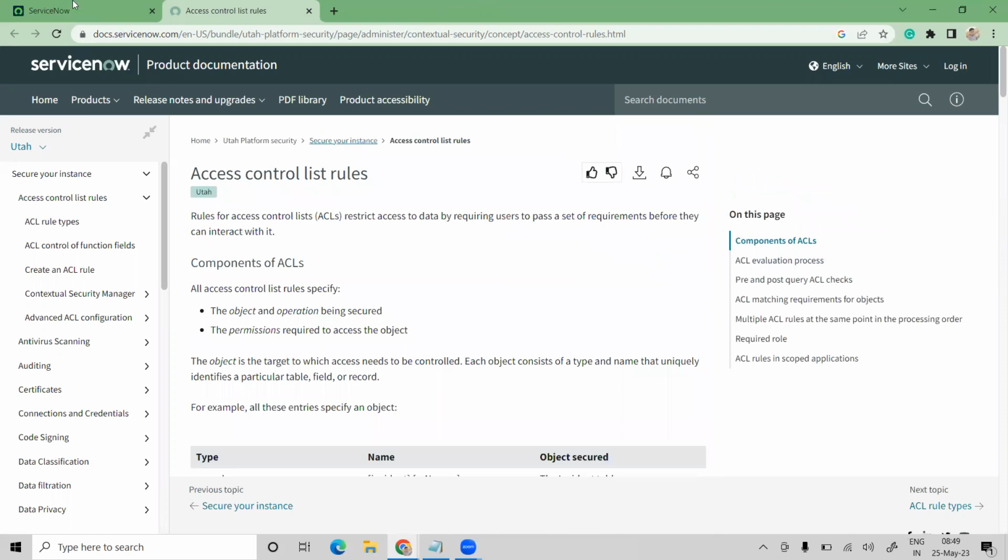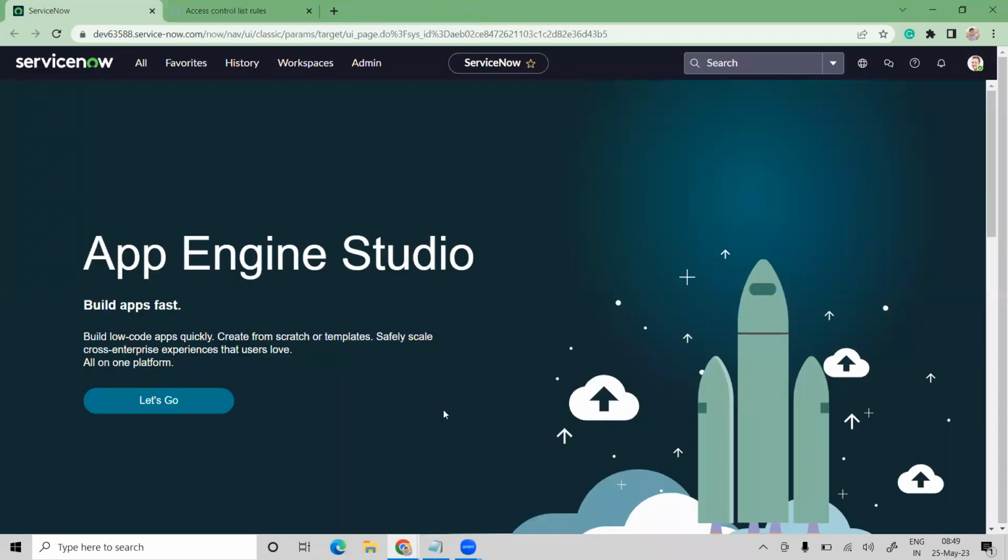Not only for ACLs, whatever the concept might be, if you want to learn more and explore a lot regarding all the concepts, you can check docs.servicenow.com, you will get more details. In 1 hour I can give only so much information. If you want to go further on each and every concept, just try out docs.servicenow.com. Just don't forget to select the latest version, or else whatever version your instance has,